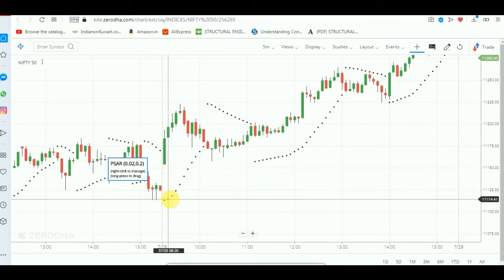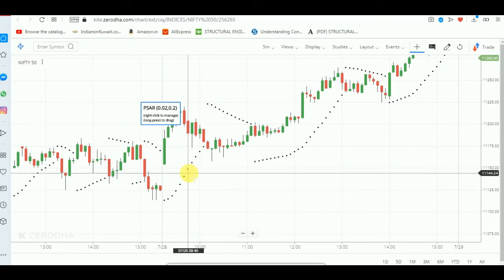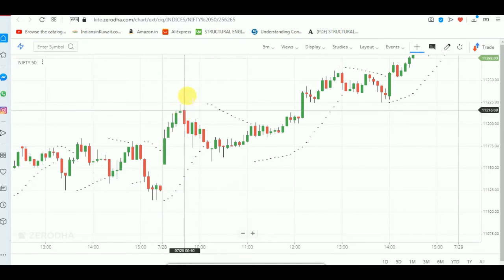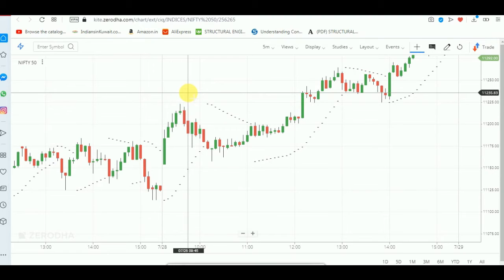So basically you can change the stop loss, which is called a trailing stop loss. You can keep on changing the stop loss according to these dots. So this is one of the best parts of the parabolic SAR. And